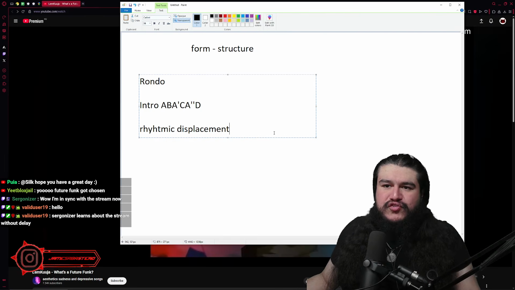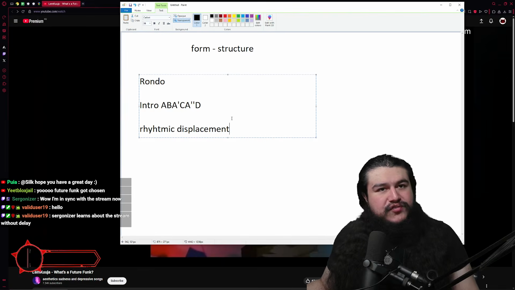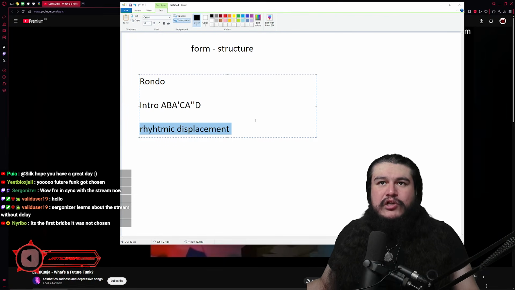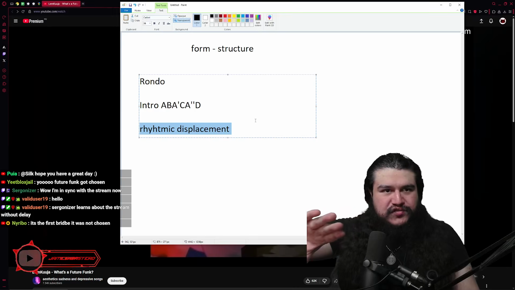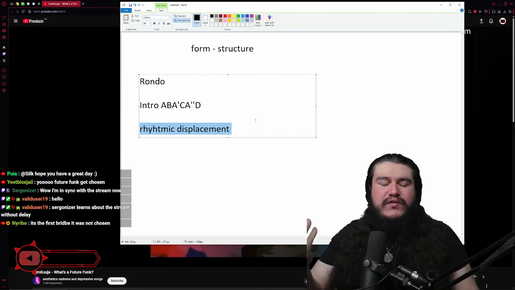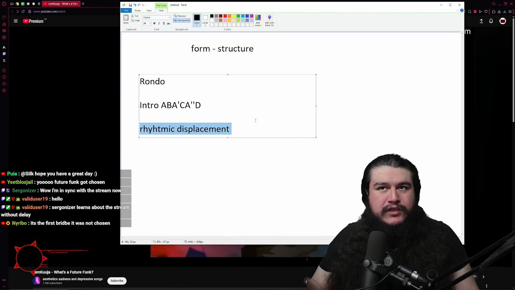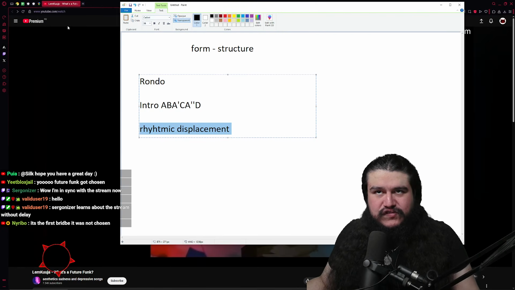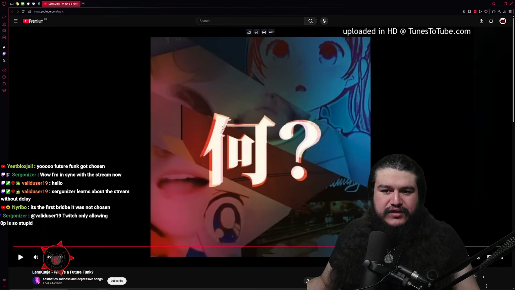So yes, we're engaging some rhythmic displacement, which is basically using silence. We are sidechaining, using the sidechaining as rhythmic displacement to just push things around. Rhythmic displacement is a very, very common technique to use in funk, so it makes sense. Very nice. Let's see.